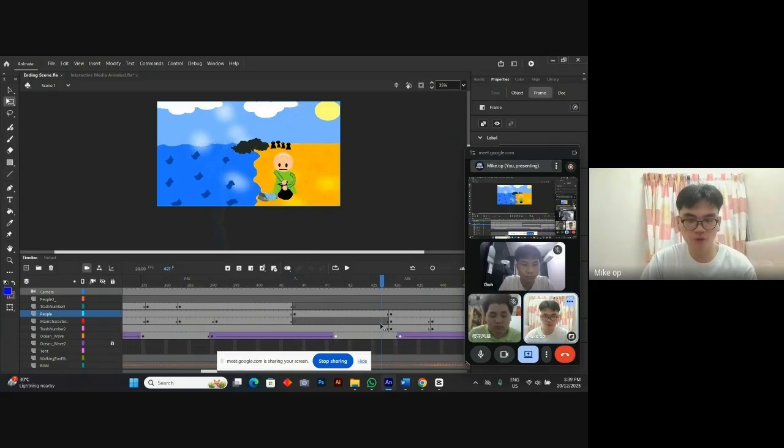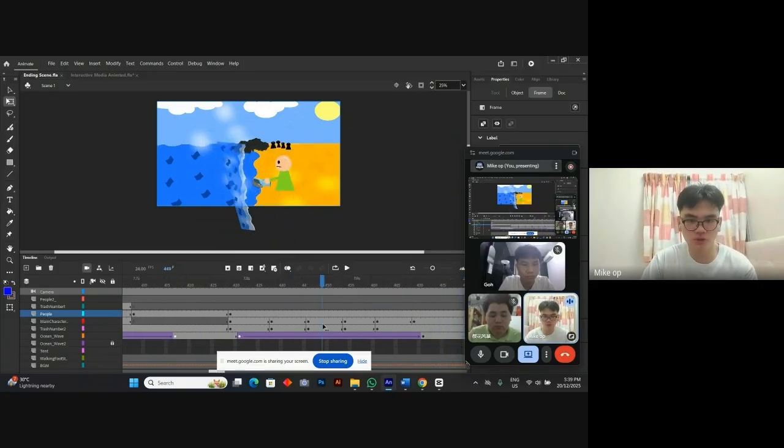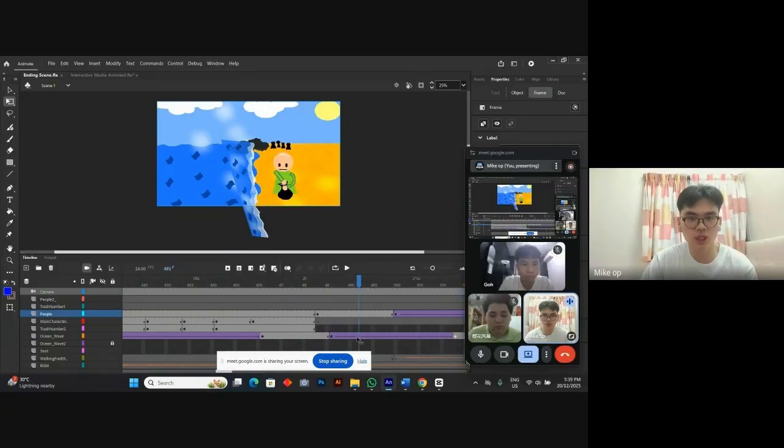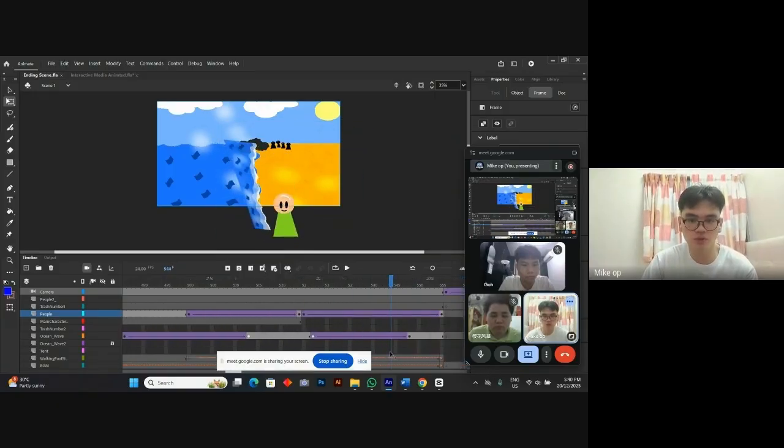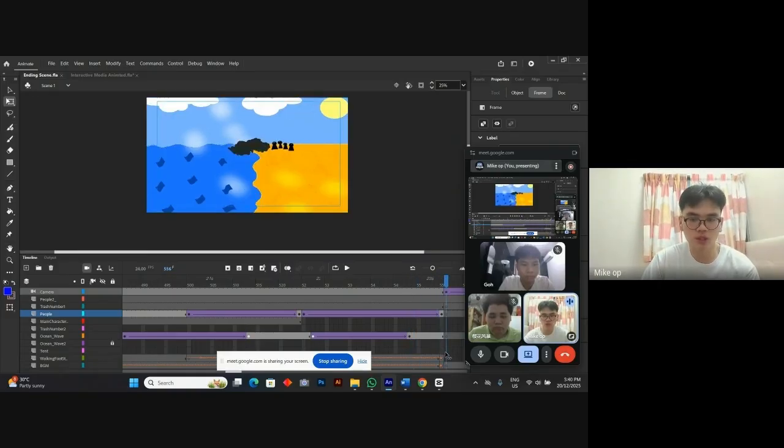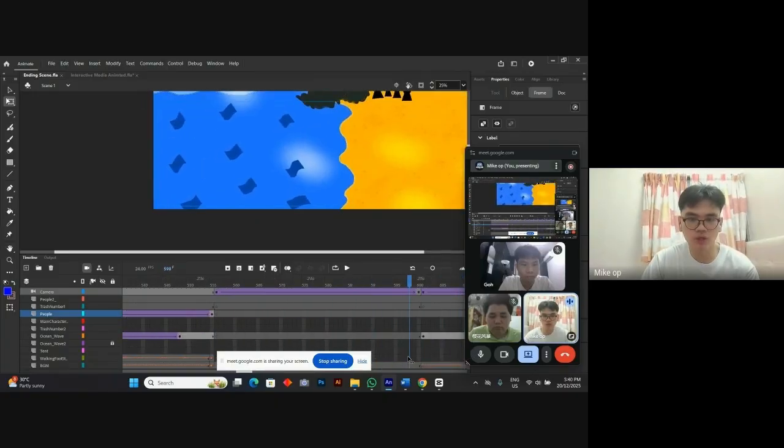And for the staging itself, after the volunteer has finished cleaning up the part of the beach, he goes out of the screen, and of course the camera will zoom into the wave, zoom into the ocean,